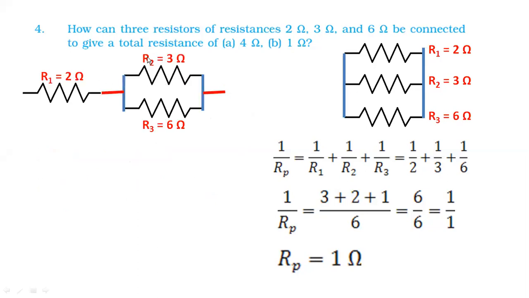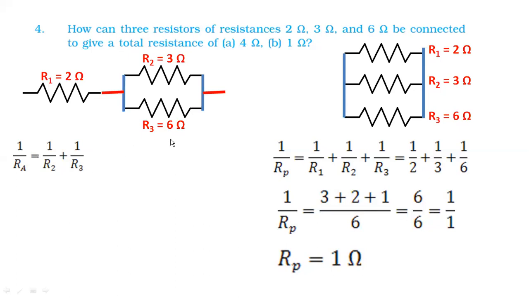What I have done is, I have connected two of them in parallel and one is in series with them. ठीक है. So I have connected 3 and 6 parallel and have connected 2 in series with them. You can see it is connected in series and these two are in parallel. Now what I will do, I will find out total resistance of this circuit. First I will apply parallel formula for this one. ठीक है, पहले I will write down parallel formula for R2 and R3. I will call it RA. RA is what? Combination of R2 and R3. ठीक है, parallel resistance.